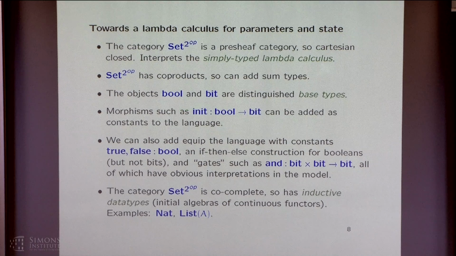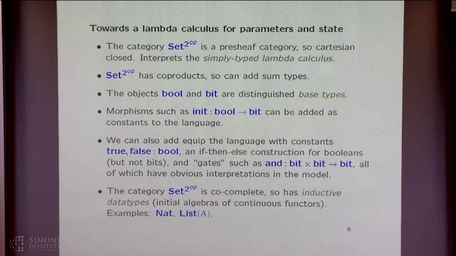Bool and bit, we've just seen, are objects in this category, so these can be base types. My lambda calculus has a type bool and a type bit. Also, this function init from bool to bit would, for example, be a morphism that can be a constant in my lambda calculus. And I have other things here, for example, constants true and false, and if-then-else construction, as well